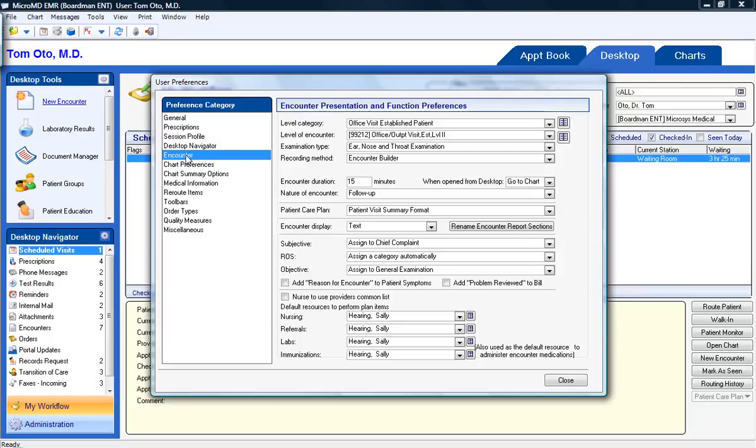Encounters. Encounter preferences. In this section of your user profile, you can set user preferences to establish the default values for encounters that you create, including the recording tool you prefer, or template style. MicroMD uses these default settings for the New Encounter window when you click the New Encounter task in your chart tools